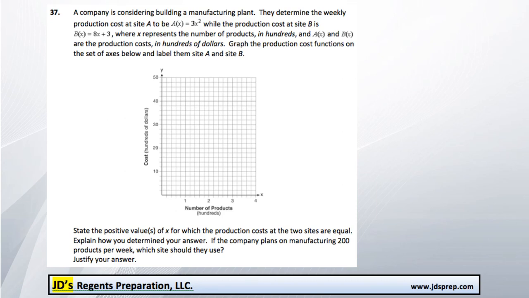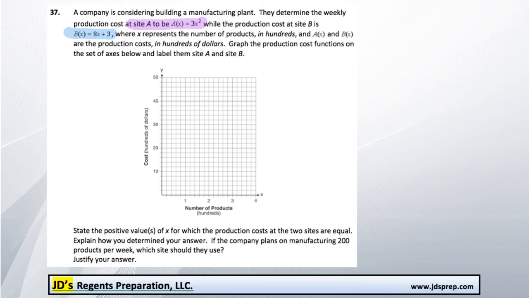Welcome to the final question, question number 37 from the June 2014 Algebra Regents exam. A company is considering building a manufacturing plant. They determine the weekly production cost at site A is A of x equals 3x squared, while the production at site B is B of x equals 8x plus 3, where x represents the number of products